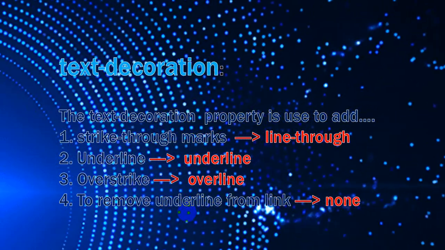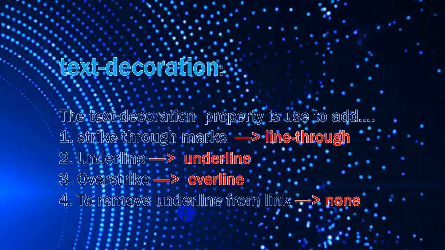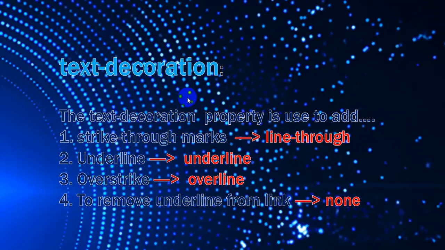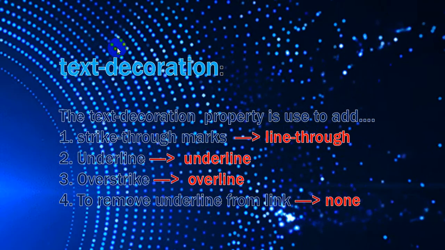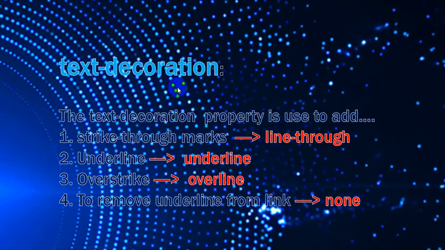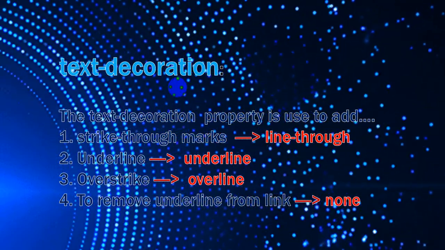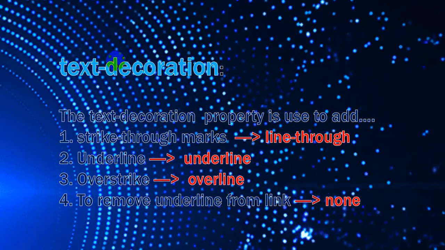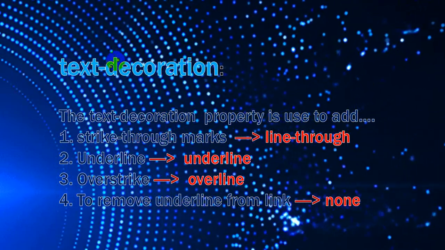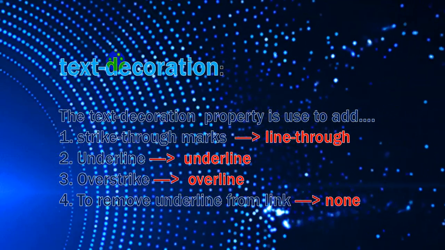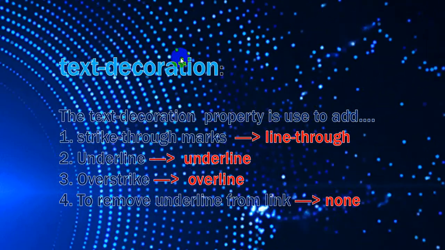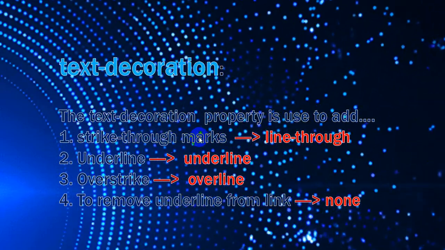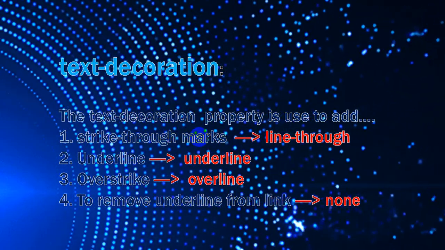Okay, so first I will create a simple HTML page in which I will use all these properties and values. Our property name is text decoration, which is a CSS property. I will use internal CSS, in which I will write all this code inside the style tag, and we put the style tag inside the HTML head section. So these 4 things I will show you live.